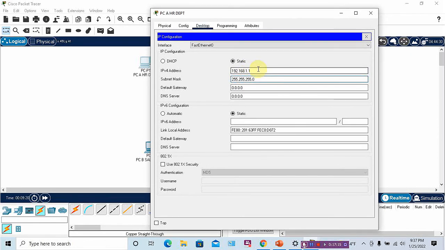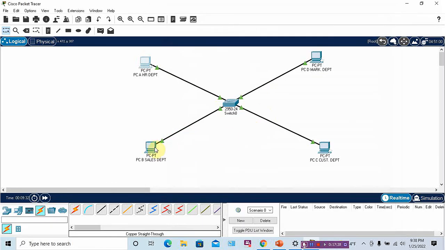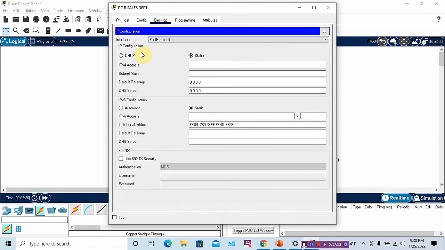You have to make sure that when assigning the IP address, you're doing the right one, otherwise you will have an error at the end of the day. Okay, so you click out, you go to the second computer, desktop, IP configuration, and then you type again 192.168.1.2. You click, and you have the subnet mask, which is